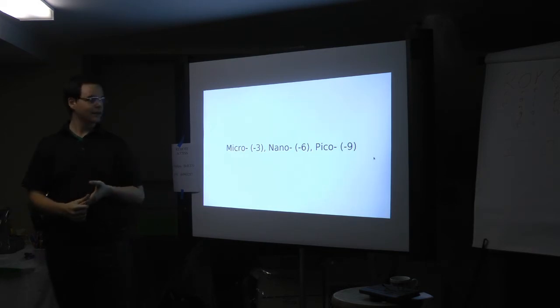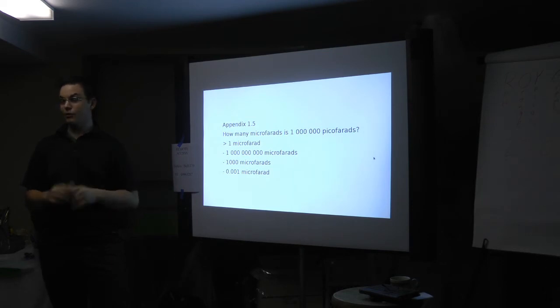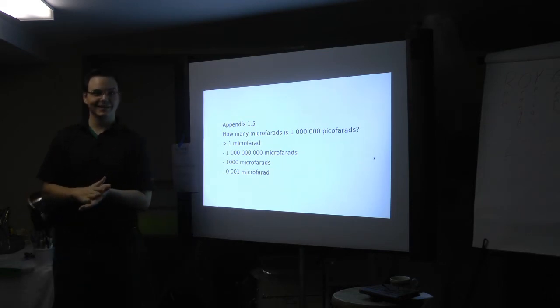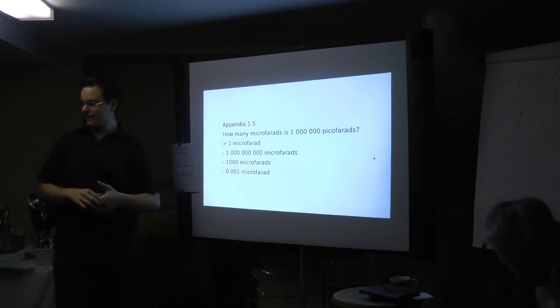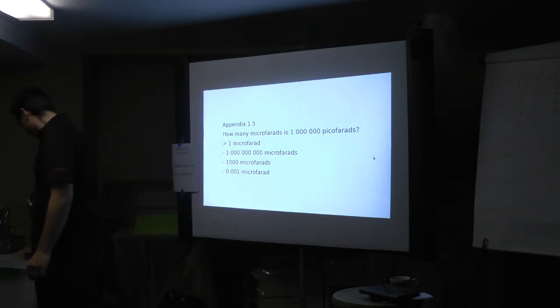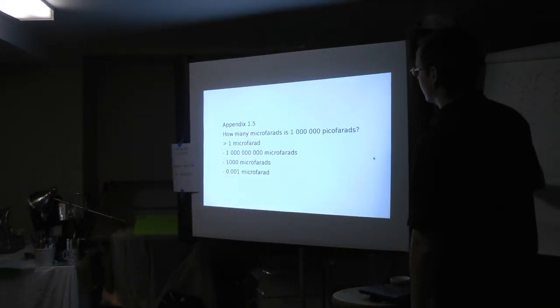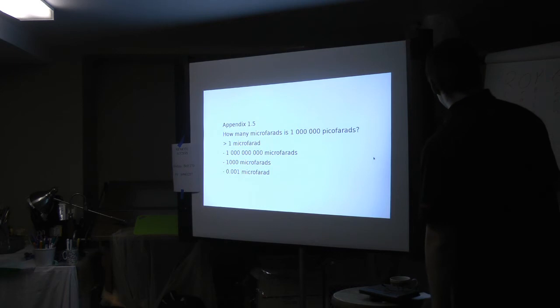Could I see the question again, please? Of course. How many microfarads? I don't even know where the microfarad is. It's 6 decimal places to the left, and the picofarad is 12 decimal places to the left. Actually, here, so I can write it on the board. So if we have 1 picofarad, it would be 0, 0, 0, 0,